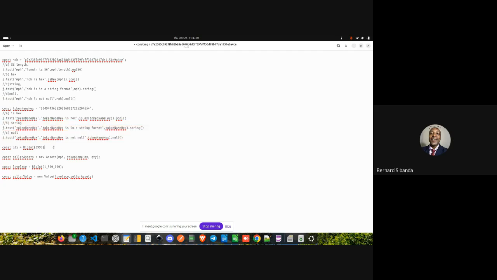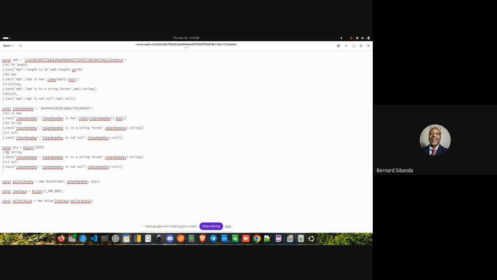Then when we go to this quantity, instead of a string, we can check it's a number. So we'll replace this QTY in a number format.